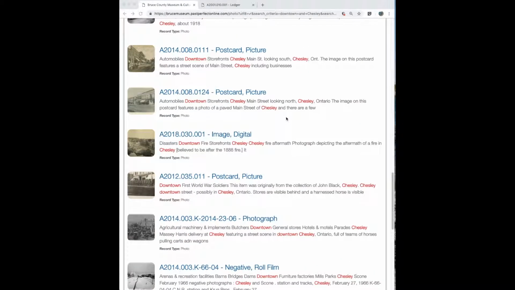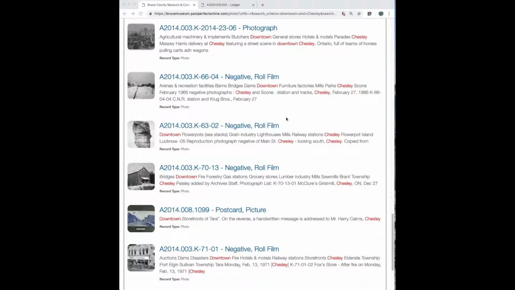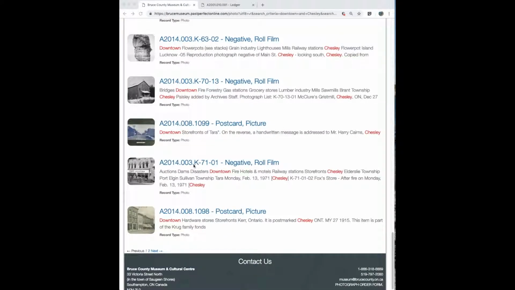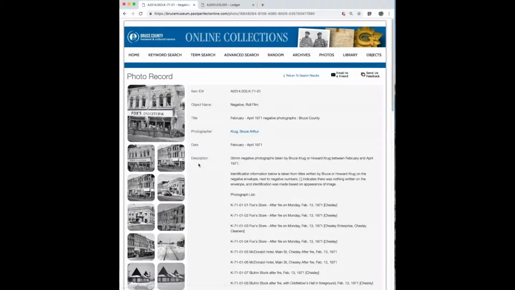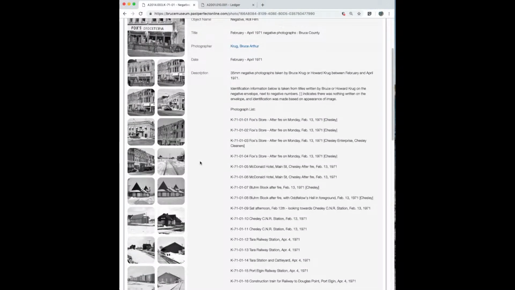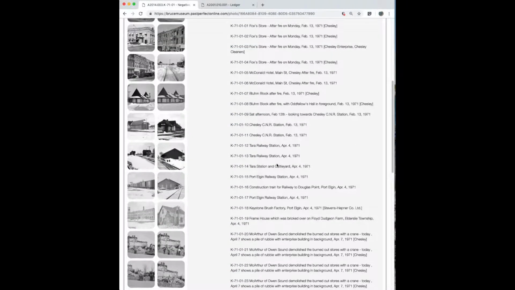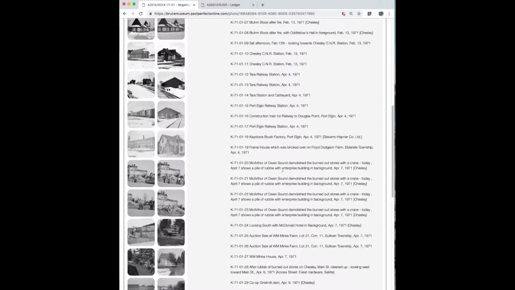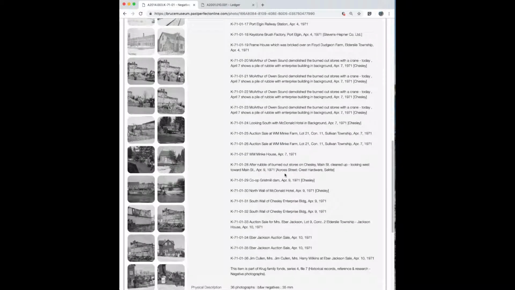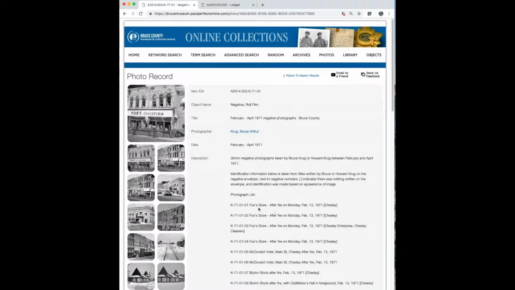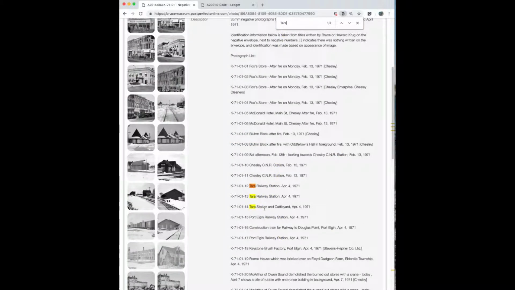Here in the results list, I'll mention these items that include a K in the object ID. They are part of the Krug family collection of 22,000 negative images. This is a description of the entire negative strip, and each strip contains images from different places and events. Here, the Chesley downtown images are fairly obvious, but you may use Ctrl F on your keyboard to locate the